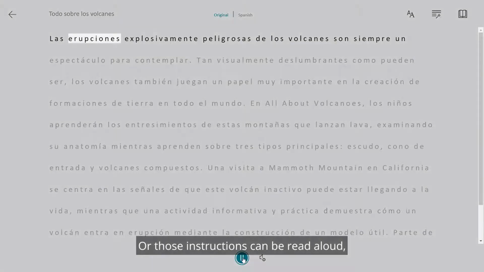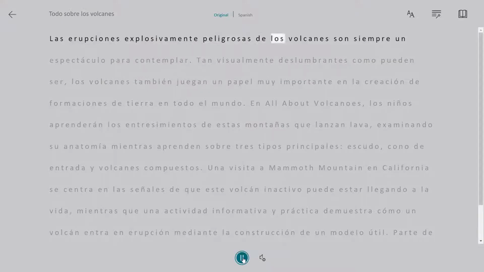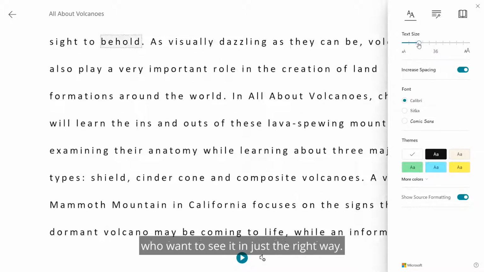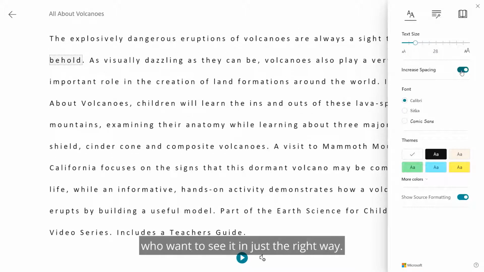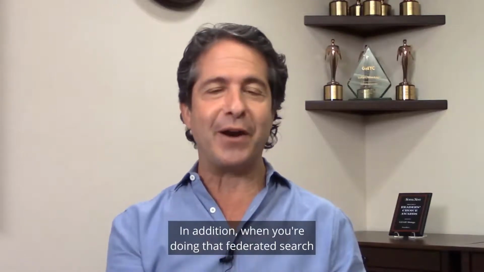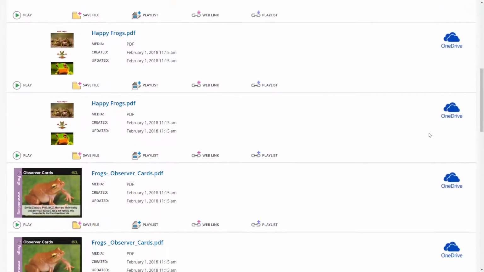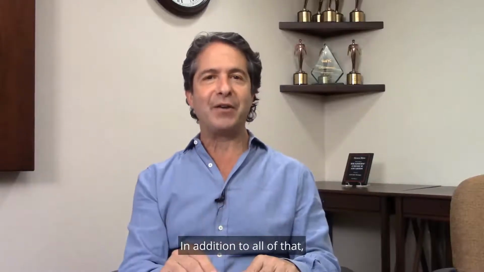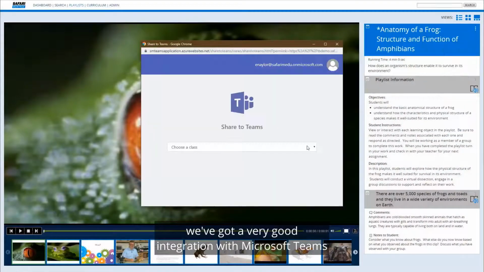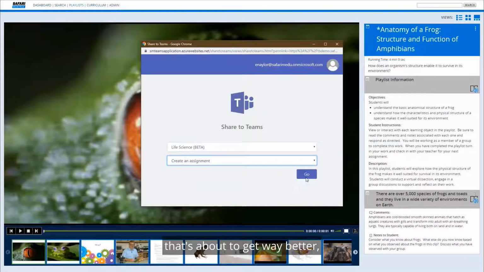Or those instructions can be read aloud or adjusted for special needs students who want to see it in just the right way. In addition, when you're doing that federated search, you're also searching your Microsoft OneDrive. In addition to all of that, we've got a very good integration with Microsoft Teams that's about to get way